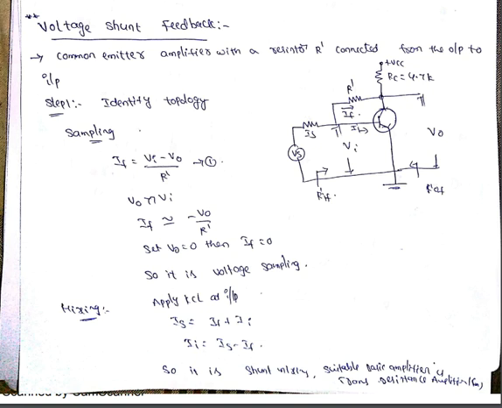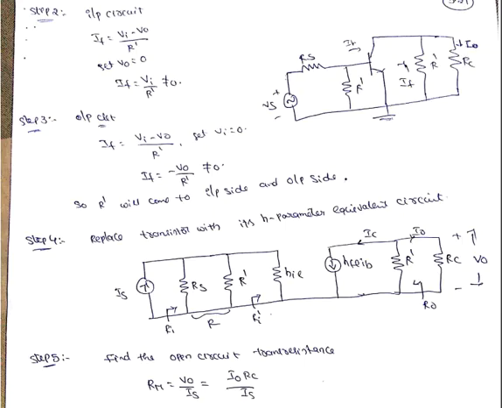So then it comes to the shunt mixing. So now the input circuit. When you set your V0 equal to 0, IF is not equal to 0. For the output circuit, IF is equal to Vi minus V0 by R dash. So Vi equal to 0, so IF is equal to minus V0 by R dash, which is not equal to 0. So here the feedback element R dash is present in both the input side and the output side.